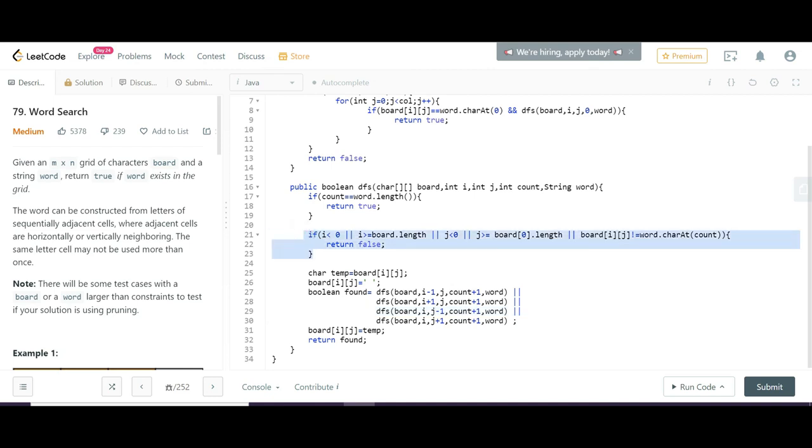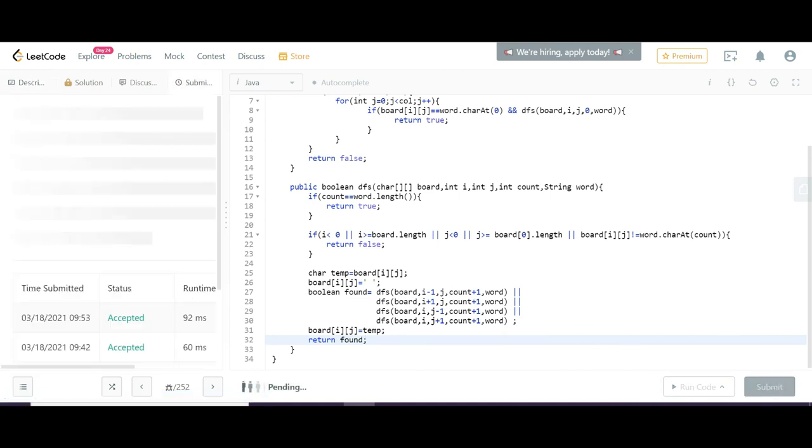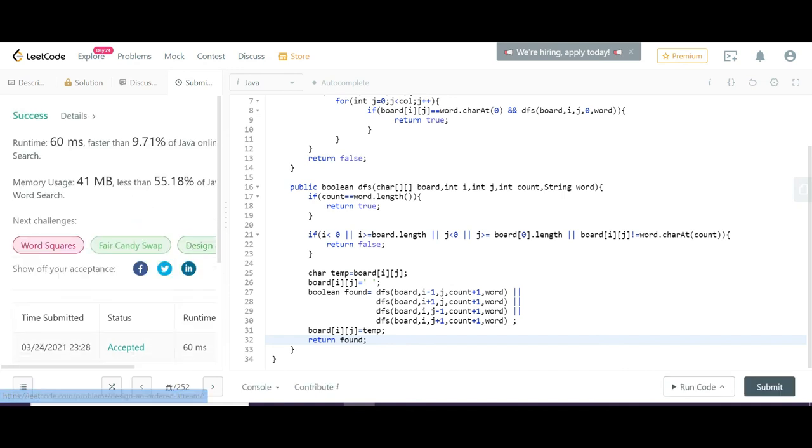That will be handled by this condition, so that's why it is there. If any of the directions gives a positive result, finally we return positive, because all these are in an OR condition. So now if we submit, this is working. Thanks for watching.